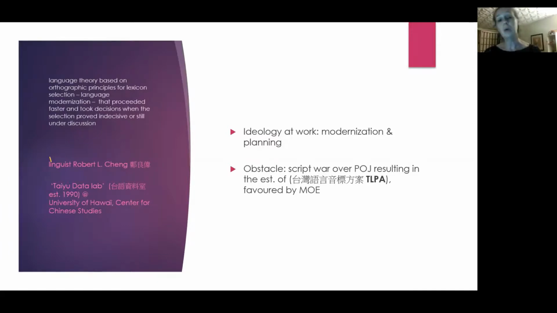to allow for the Taiwanese standardization of characters and orthography on the Romanized side, the alphabetic Romanized. Now,